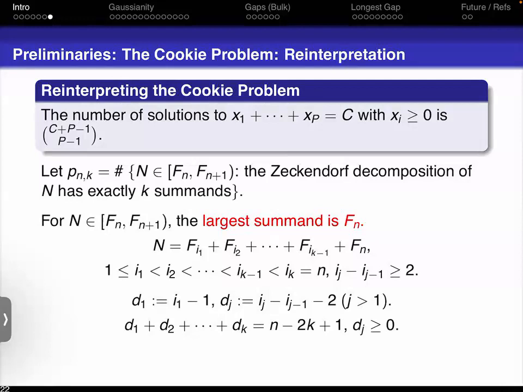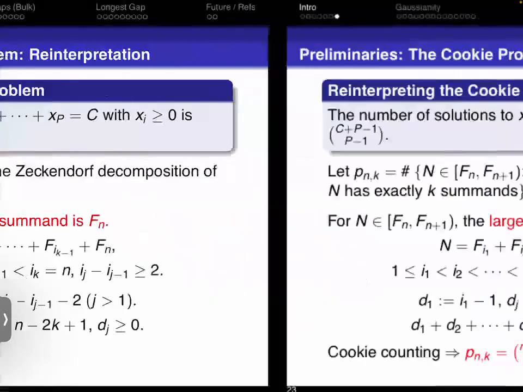Not the Fibonacci sequence. So I have a bunch of non-negative integers, and I tell you that they sum to something, and I want to know how many ways I can choose non-negative integers that have a given sum. It's the cookie problem. It's exactly the cookie problem. The number of ways you can do this is just going to be